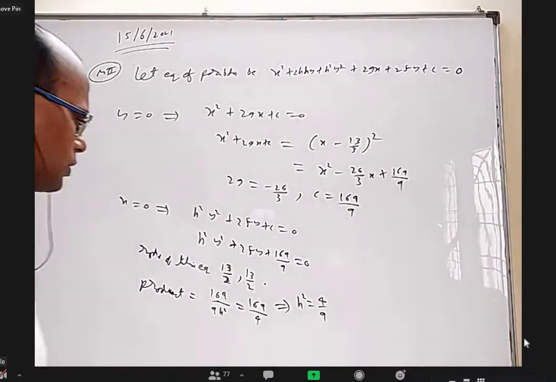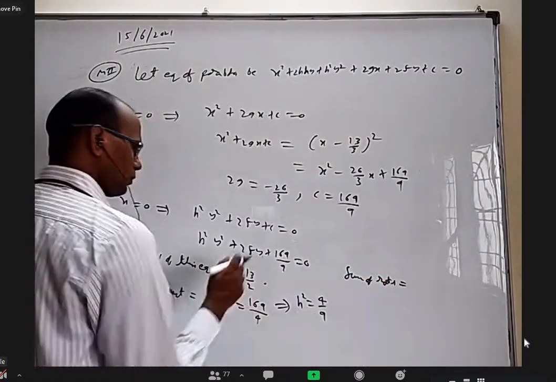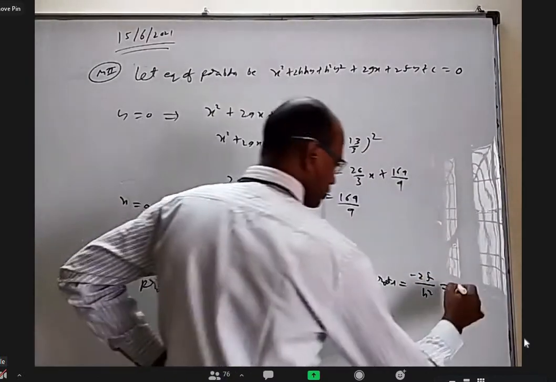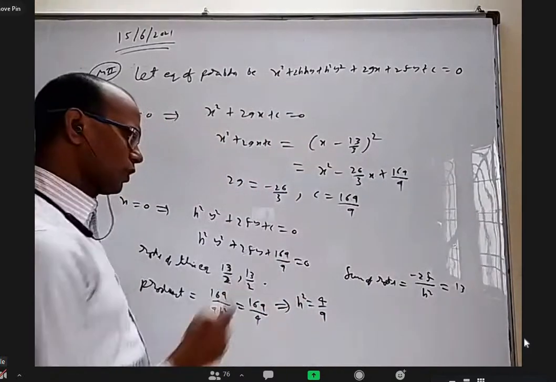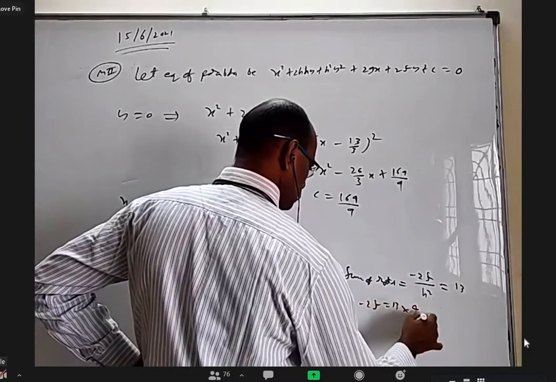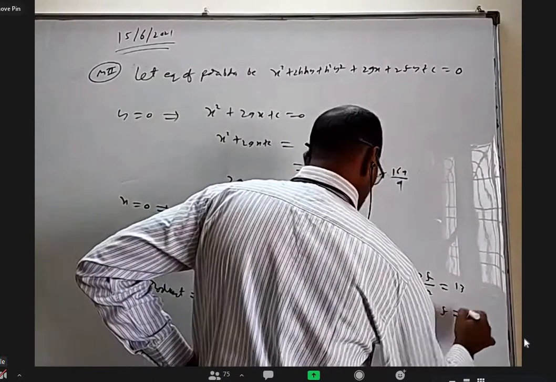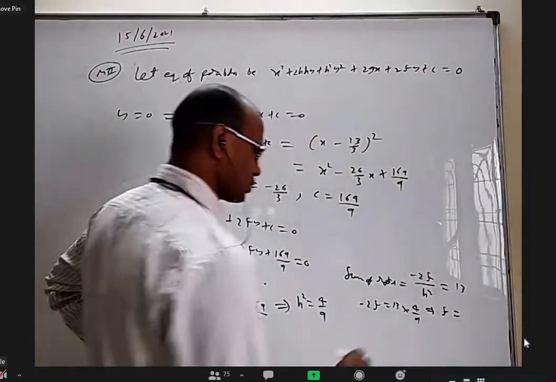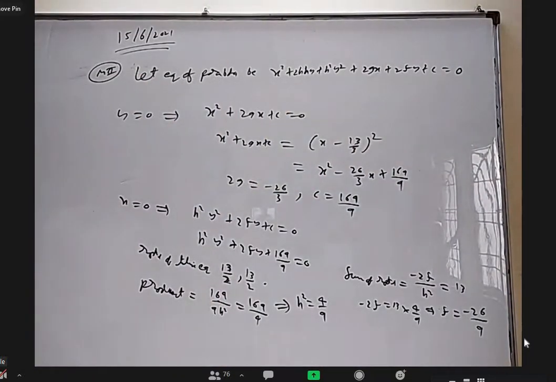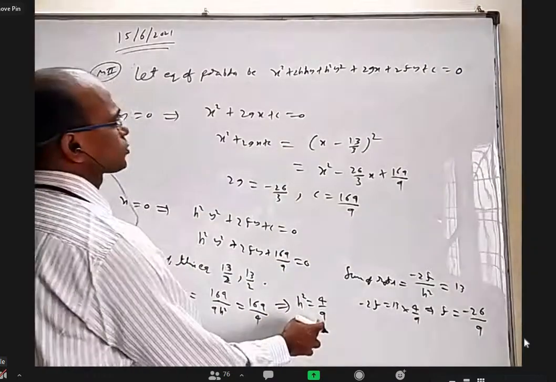Okay, now I got this. Now if I take the sum of roots, it is minus 2f by h square. That should be 13 by 2 plus 13 by 2, which is 13. So already h square is 4 by 9. I can put it. Minus 2f is equal to 13 into 4 by 9. And f will be minus 26 by 9. Okay. If I put back the 2g value, c value, h square, and f, let us see what happens. And h is plus or minus 2 by 3.